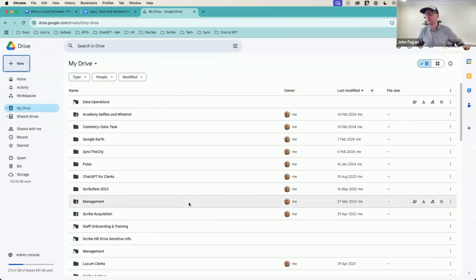I can log in on my phone. All my files are in there. And at Scribe, our company, everything we do is in the cloud. So like the other day, my colleague India's laptop just died. She was back up and running in 15 minutes.